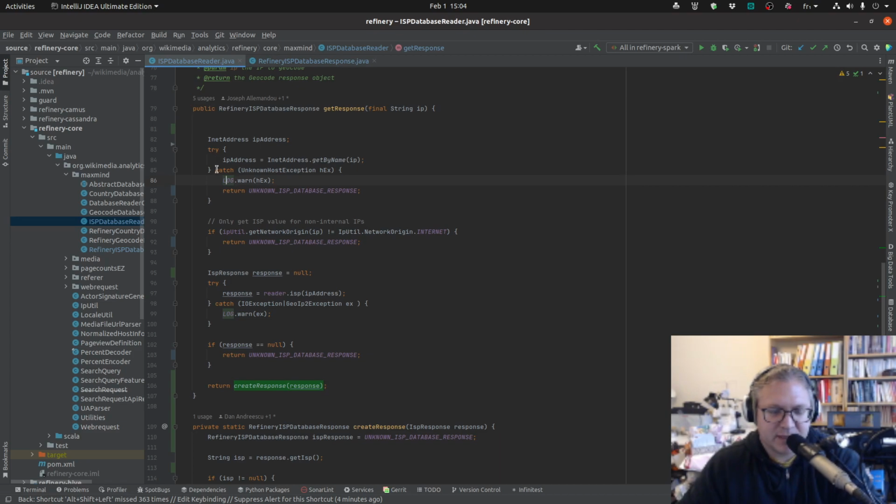So in terms of exceptions, I have either an unknown host exception if I have a problem with that IP address that I'm really using here, and then I might have a problem getting stuff from the MaxMind database. It's a different kind of error. And actually, if I'm not parsing the response, then